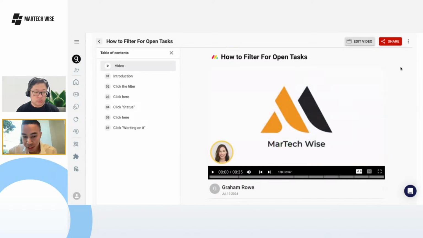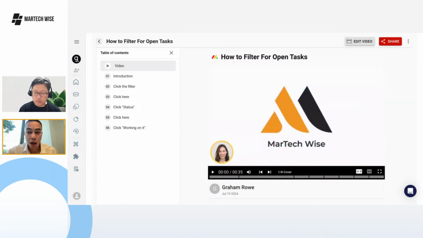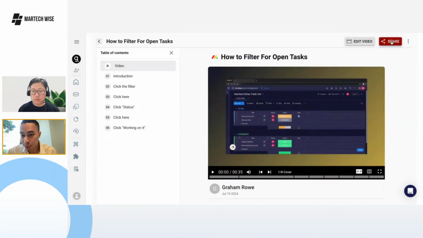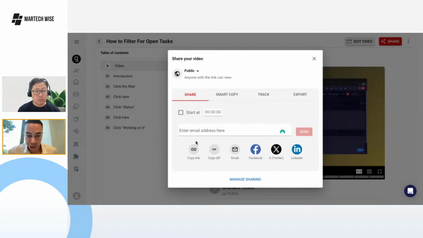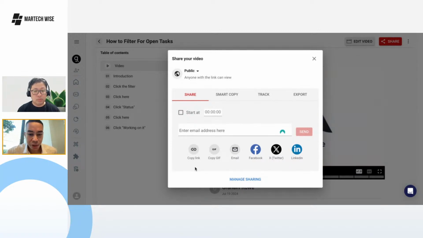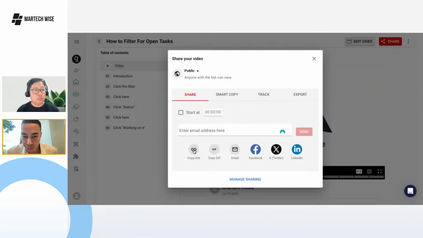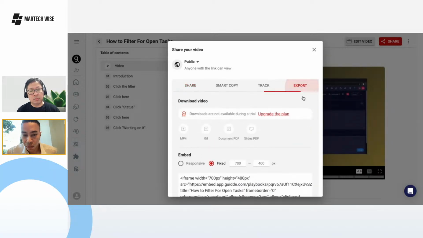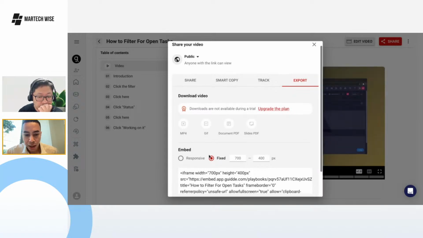Now, two things that I want to highlight for you is if I want to share this content, right? How do I do it? I come to the top right-hand corner, I click share, and it gives me a number of options, right? So first of all, we could share in a fairly straightforward way. We could send it as an email or copy a link, or I could export as a PDF or MP4,